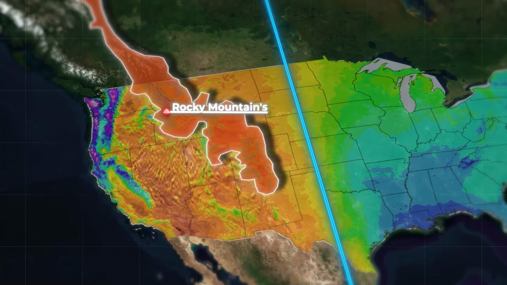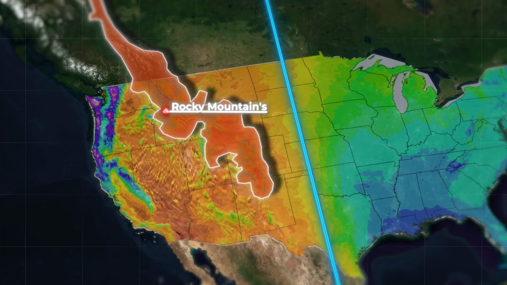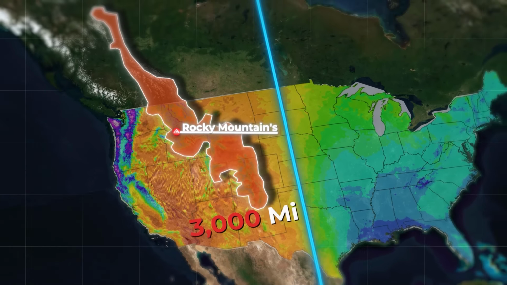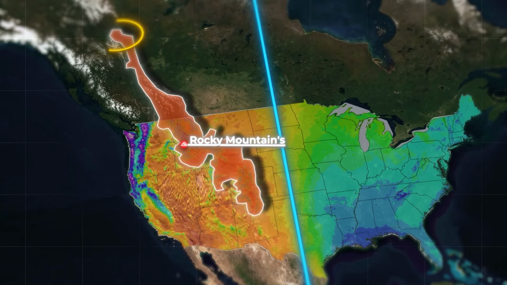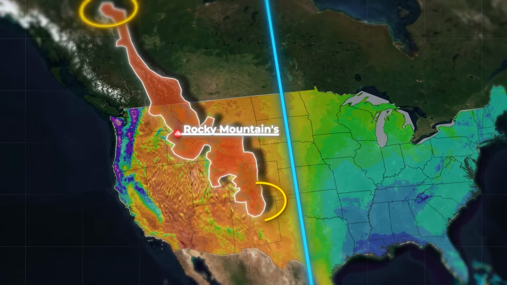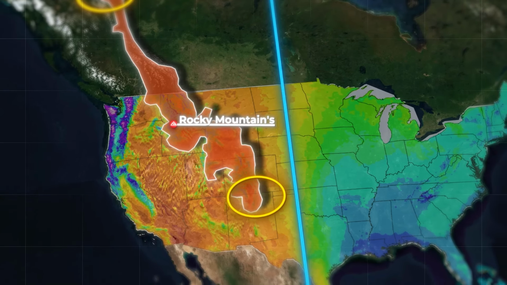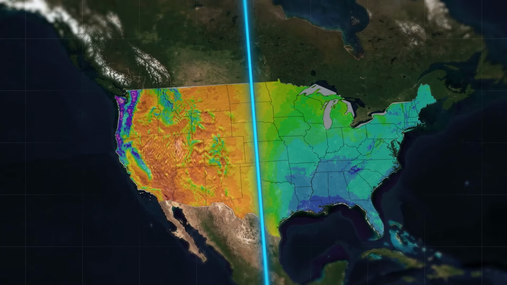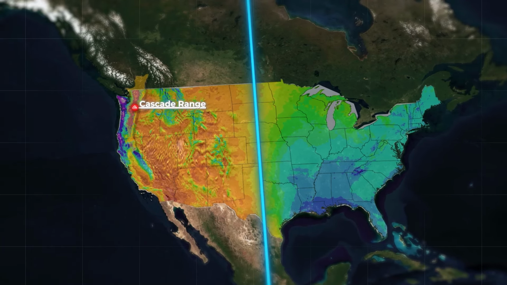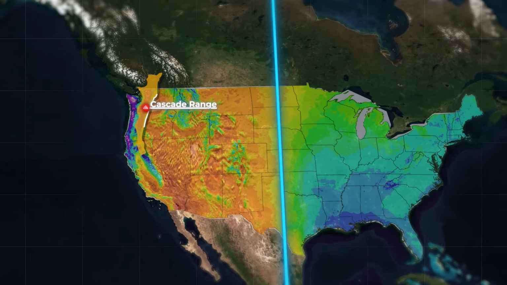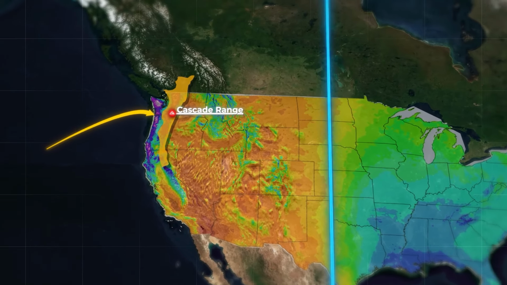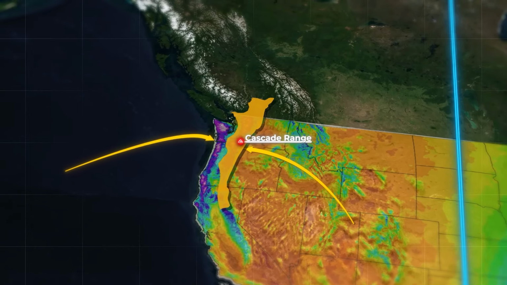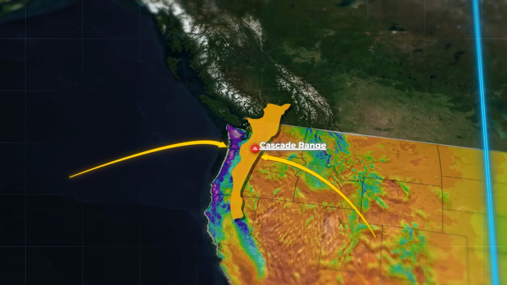Across the North American plains, the Rockies cast an enormous shadow because of their substantial size. They span more than 3,000 miles across the continent, from the northern reaches of British Columbia and Canada all the way down to New Mexico in the south. However, there are a number of other geographic factors that also contribute to North America's straight climate line. For example, the Cascade Mountain Range, which stretches across the Pacific Northwest, clearly divides the region between the wet, narrow coastal plain to the west and the Rocky Mountains, which are not the only mountain ranges on the continent that block moisture blowing in from the Pacific.